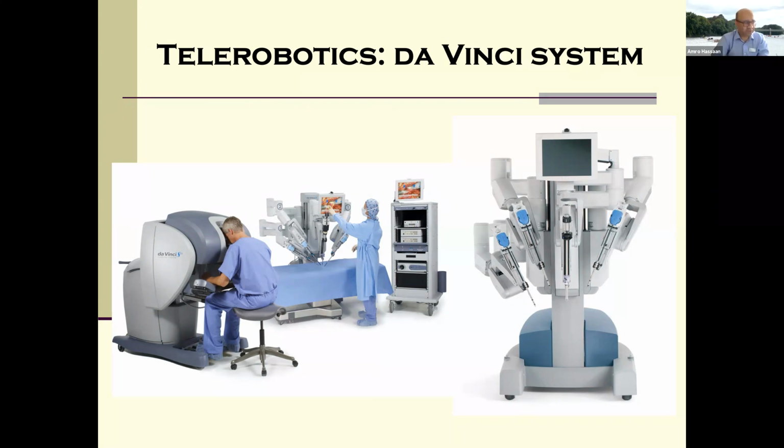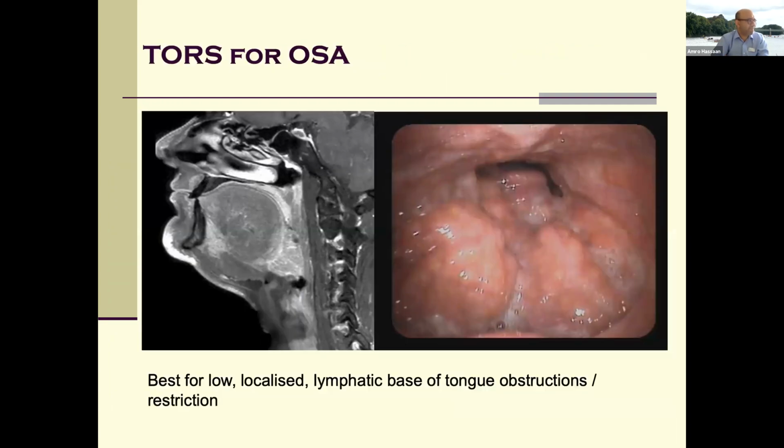The reason we can do that is because with instrumentation, you're using something at the end of an instrument to manipulate the tissues, whereas here the joints are actually at the end, so you've got a lot more versatility in the way you can move around, and you improve your field quite considerably. So here is a picture of someone that has got a bulky tongue base and an epiglottis almost again obscuring the airway.